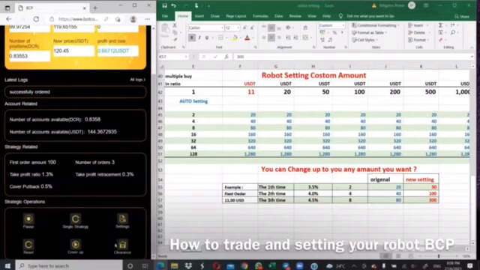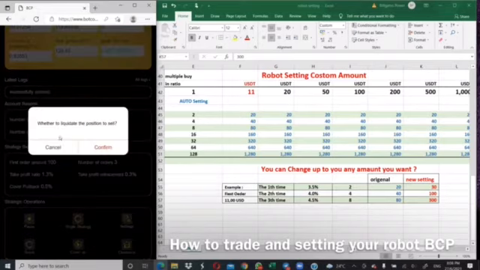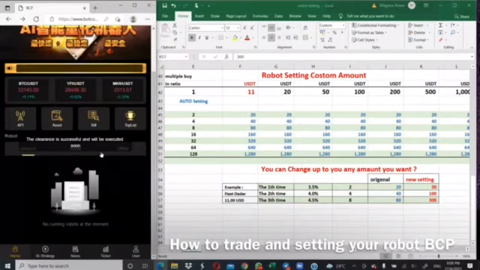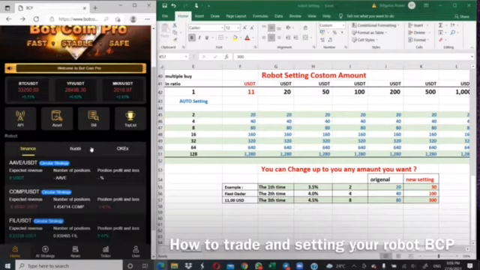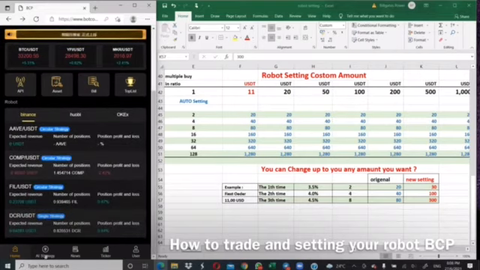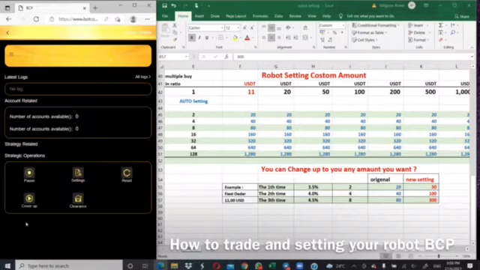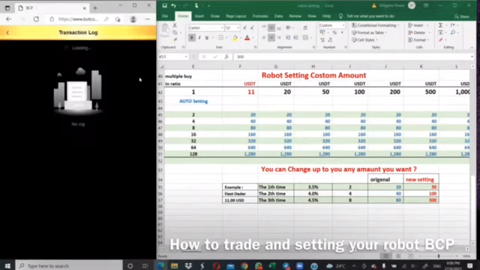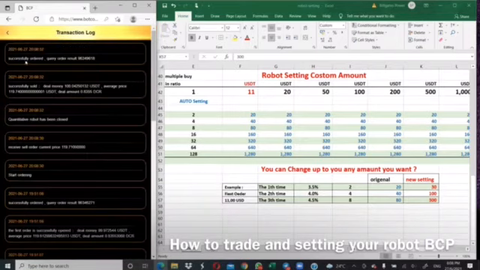After you click Secular, and then you click clearance. Okay, this one clear all position. You click confirm. Okay, now this robot automatic clear successful. Okay, you see inside Binance, this one DCR. Okay, you go to here back, you can check successful clearance. Okay, and then you go to all log. Successful order clearance. Okay, now already close this one.